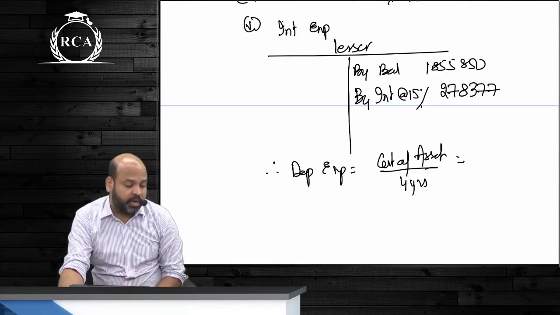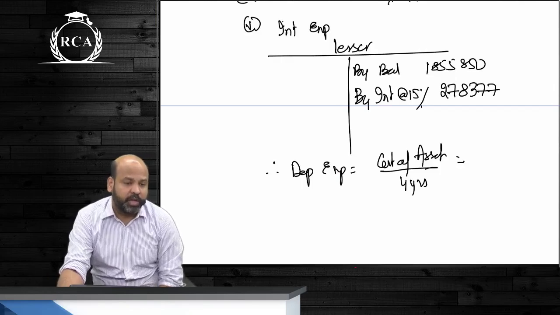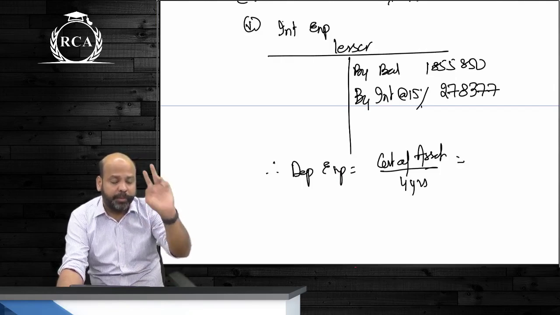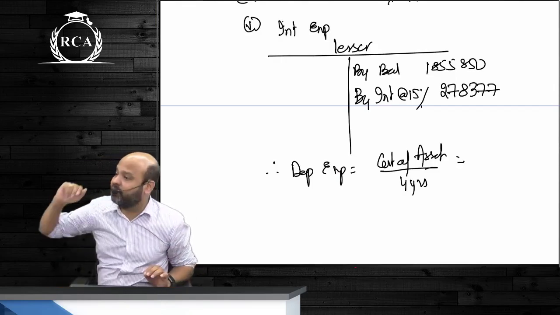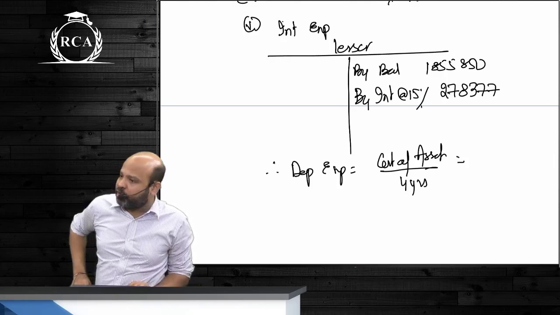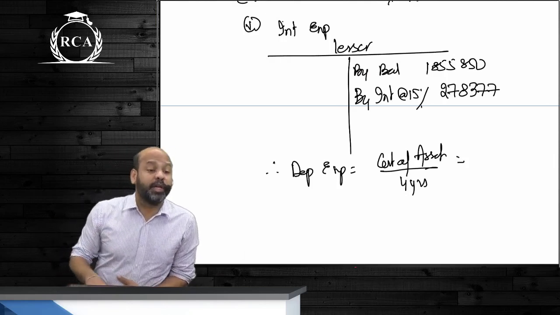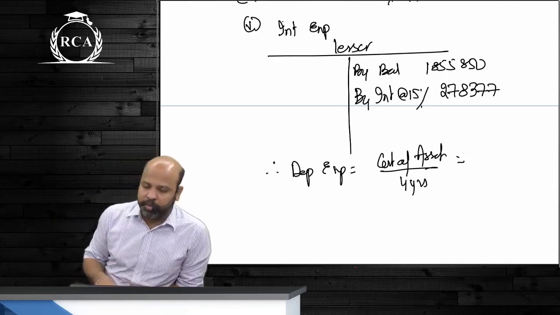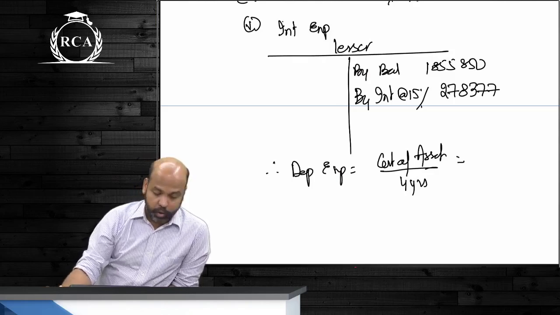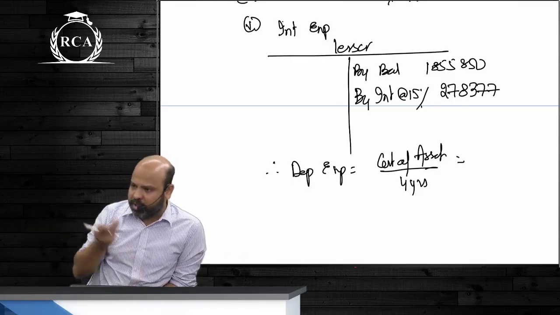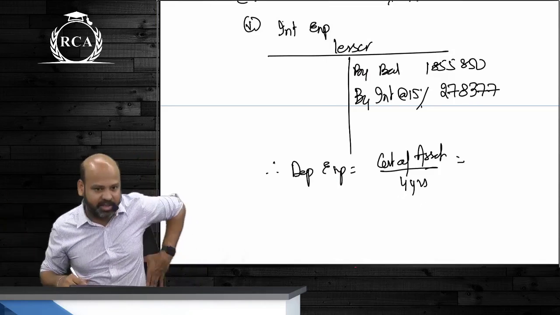Depreciation will definitely come because it is a finance lease. The asset will appear in your books. There are two things that will go to the P&L account: depreciation as well as interest expenditure. Only interest, guys? In a finance lease, are you not recording the asset in your books? The lessee himself will be computing depreciation also. So you cannot mark only interest. That cannot be the answer. You don't even have the option, beta. Even if you don't know the answer, only one option is available: you have to debit both depreciation and interest expenditure.